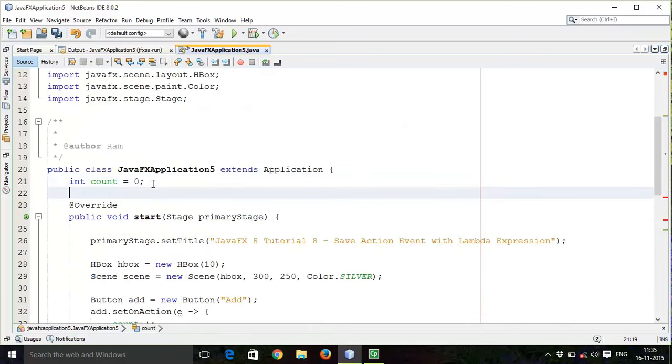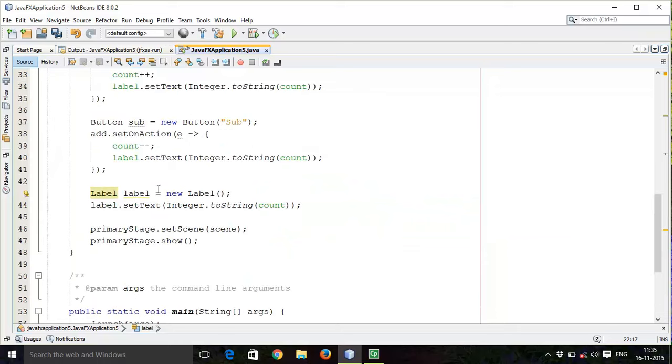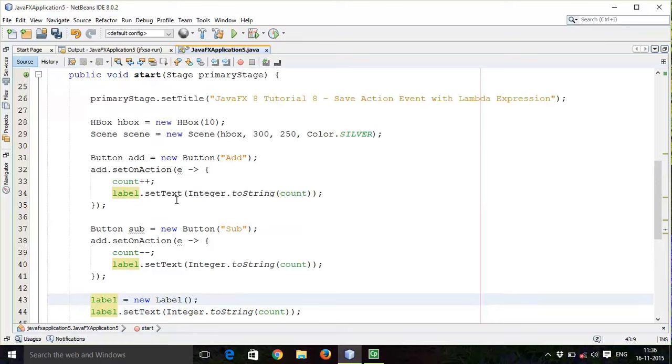So declare this here, and you can simply say label equals new Label dot set text count. Now same, this will print on the label for add action, and this will print on the label for subtract. So it will print increment and it will print decrement on label.